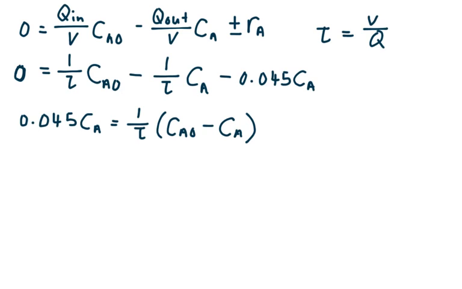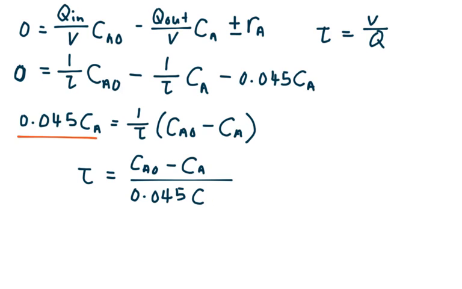So I want to get my tau, because I want to find my residence time. So essentially, I bring my tau over to the equal sign. So then all I need to do is to bring this term over to the opposite side of the equal sign. So then I will get CA0 minus CA divided by